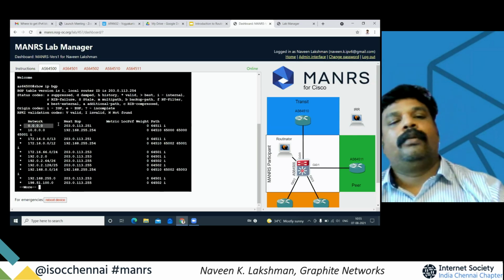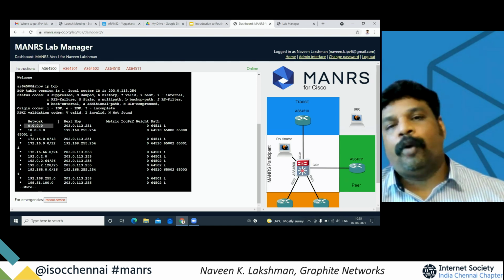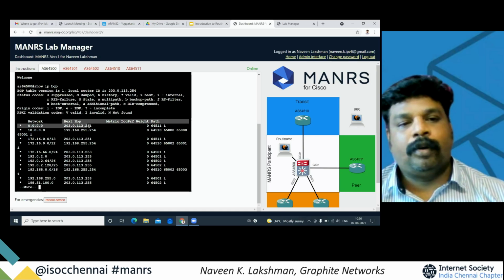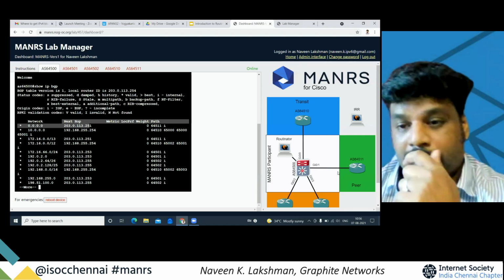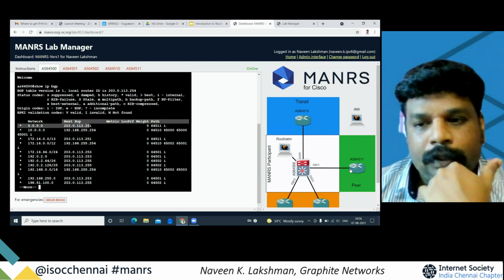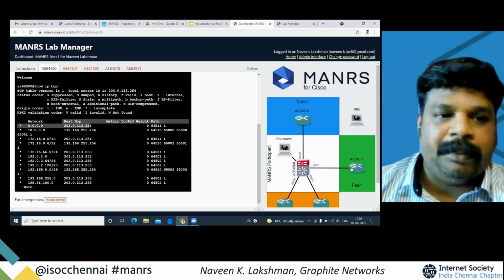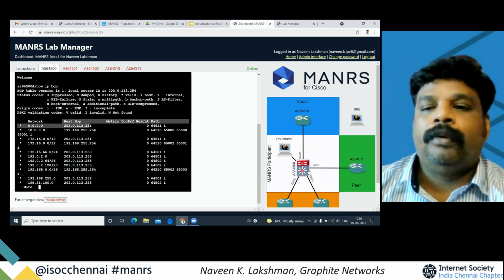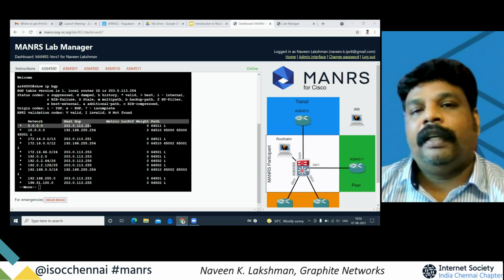If you want to reach the rest of the network, you point a default route to the next hop. The next hop is 203.0.113.251. In this particular case, it's the peer you're getting the default route from. So the peer is announcing the default route in BGP, and that default route gets propagated to your network. So if you want to reach any network in